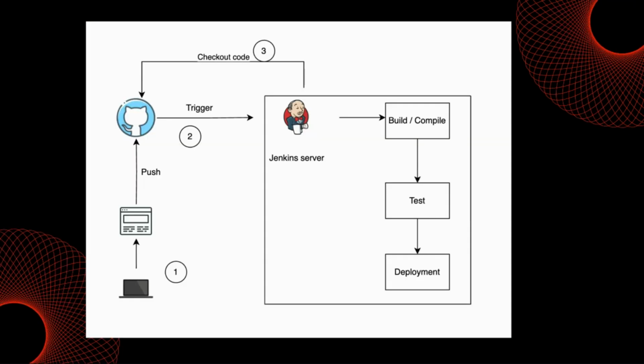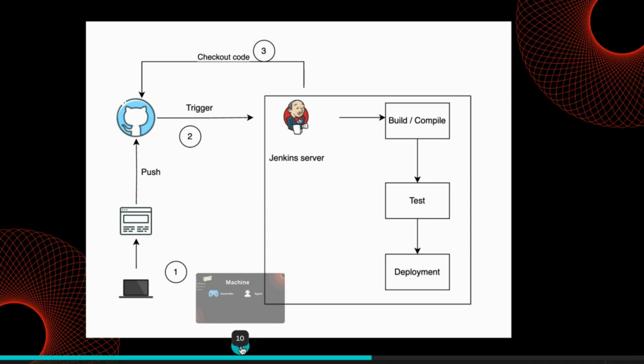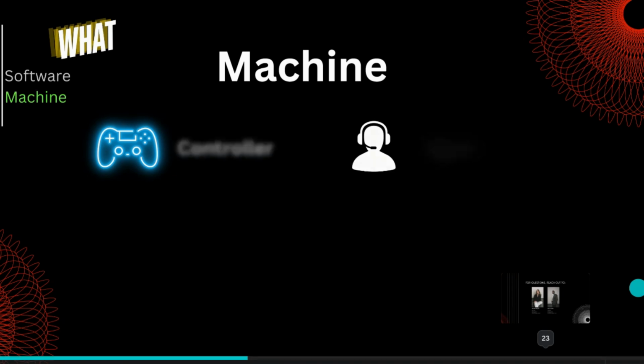So let's see here a quick picture that illustrates how Jenkins fits into our architecture. First of all, we have a developer, and this developer is writing some code, and after that, he's pushing this code into, for example, a GitHub repository. Once this code gets pushed, there is